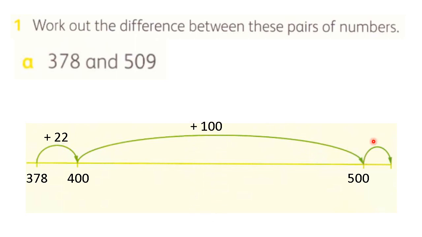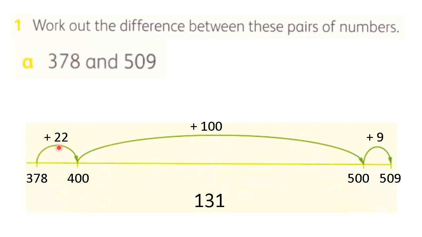And lastly, our bigger number, 509, which is a jump of 9. 22 plus 100 plus 9 is a difference of 131. Remember, this could also be written as